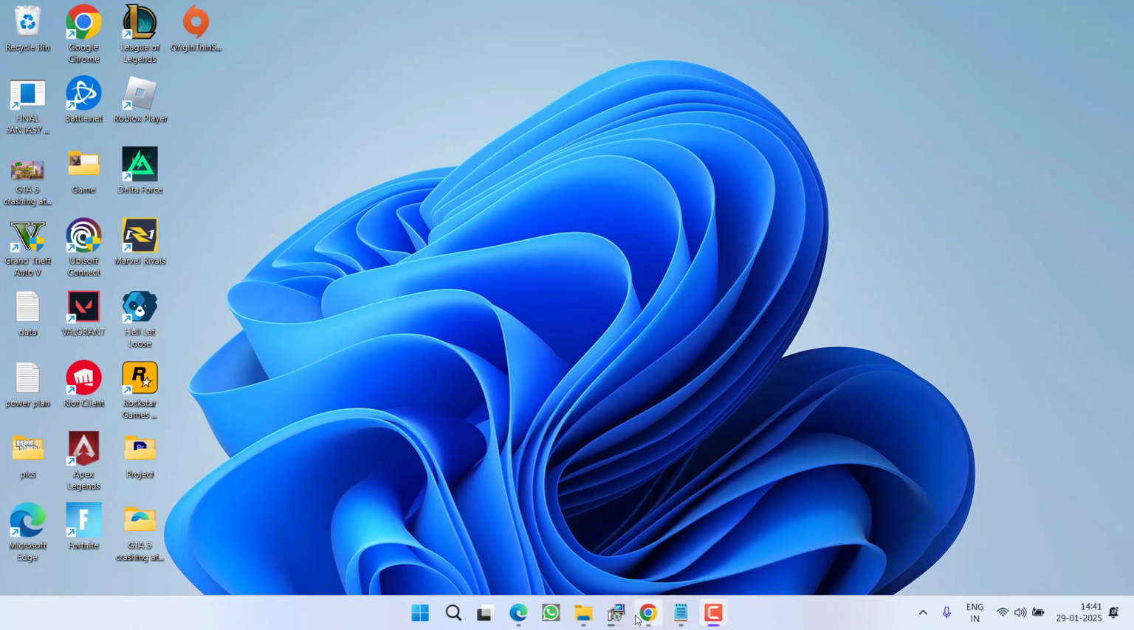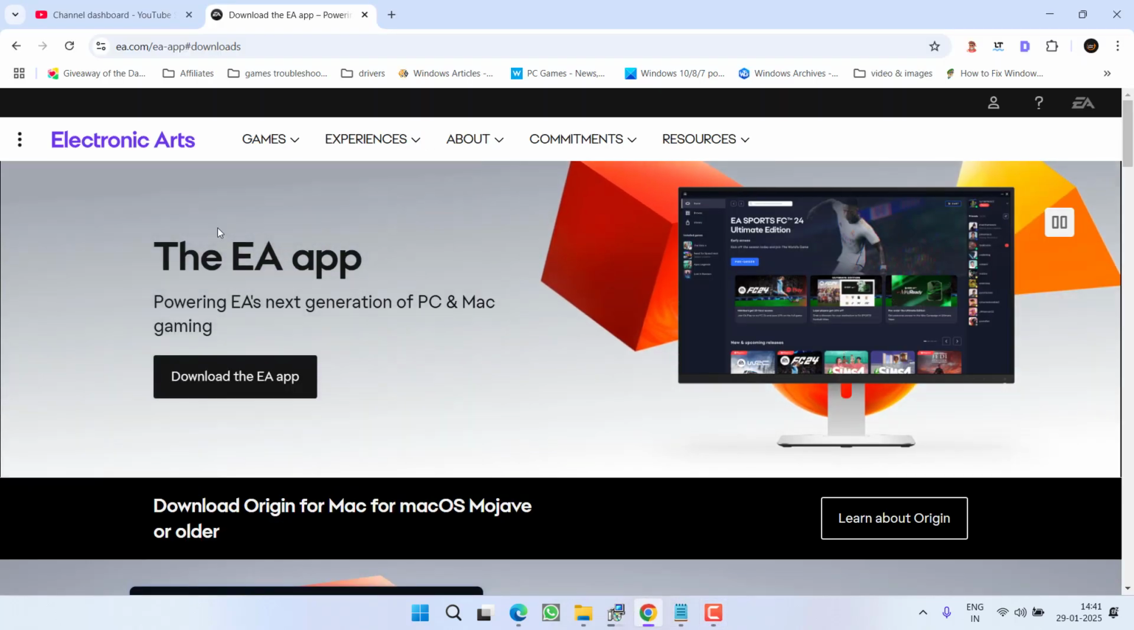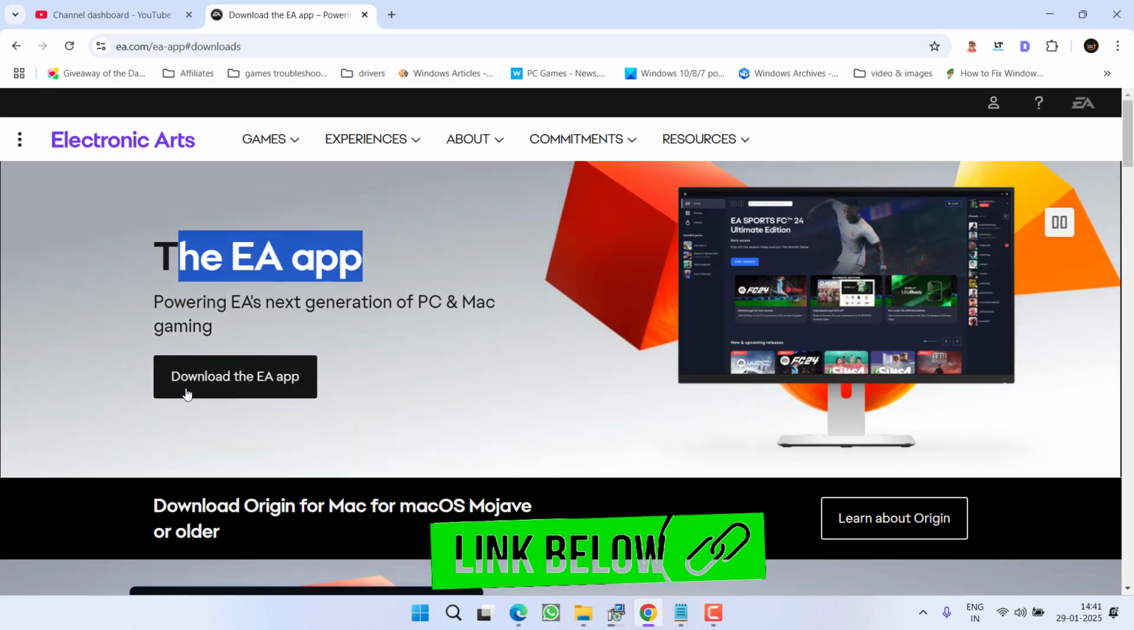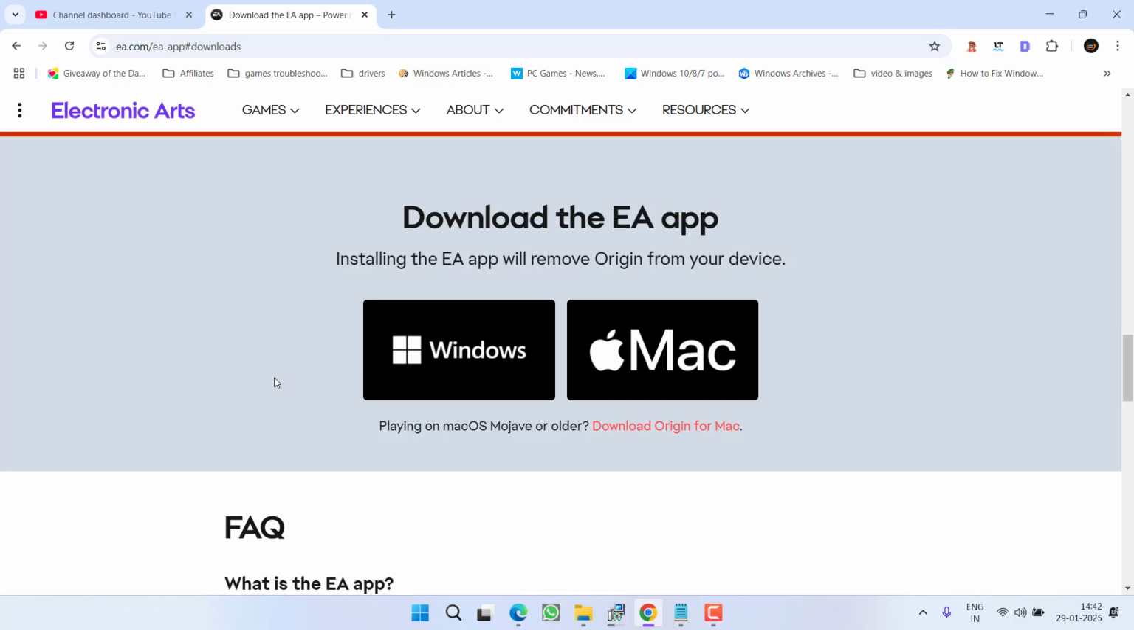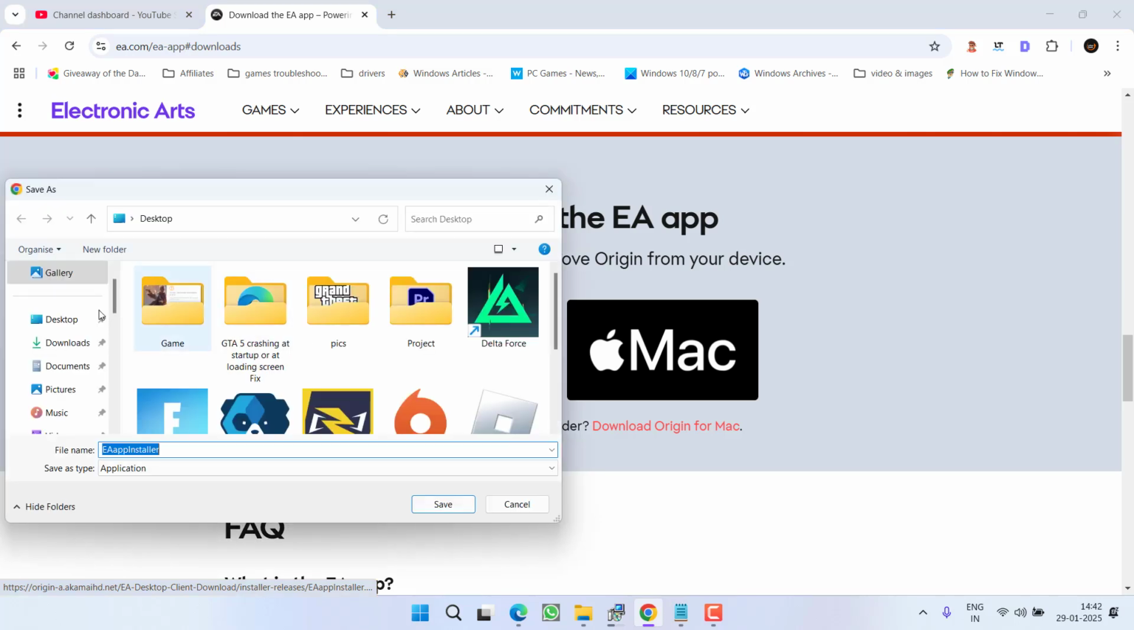First of all, go ahead, launch your browser, open this particular EA app website and simply download the EA app. EA has stopped the use of Origin and it is forcing us to use the EA app only. So you need to download the EA app, save it into your system and then install it. After installing, launch the EA app,